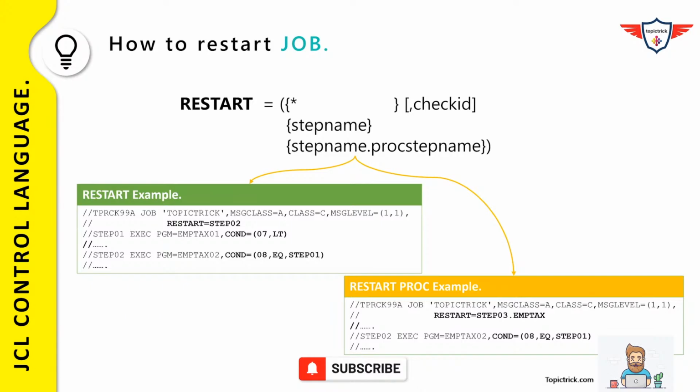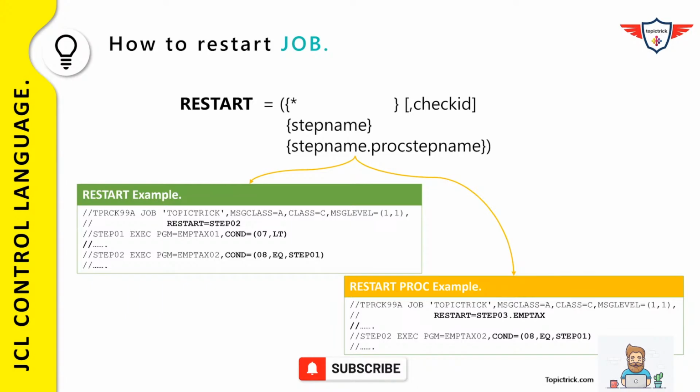Now in the following example, I've used the restart parameter to restart the job from a specific step, whether in a job or in a proc. So in the first example, I've used the restart parameter, that is the restart keyword followed by an equal sign, and after that I've specified the step name. So that is STEP02. I just want to restart my job from step 2. So you need to just specify that, and resubmit your job, and the job will be